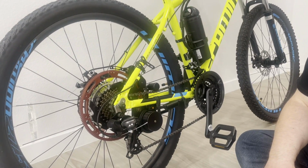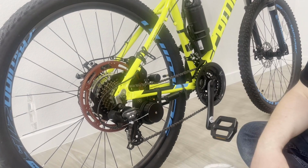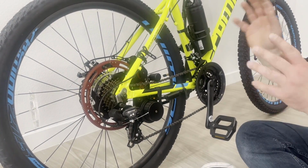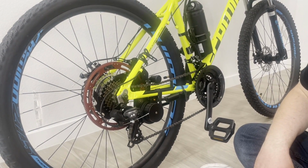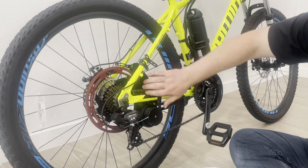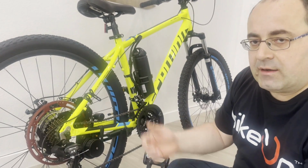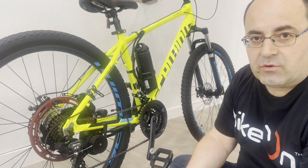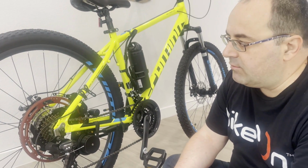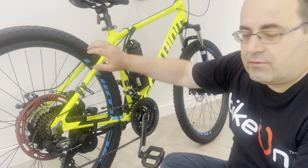Bikeon is very durable. It is not afraid of mud or water, so the cleaning is very easy. You can actually hose it with a garden hose. That's what I do on my bicycle, and let it dry before using it. Or you can remove it and clean it with a rag, remove all the mud, and then keep using it. There is no need for any lubrication. There is no need for any adjustments over time. So just keep it clean, and it will serve you for many